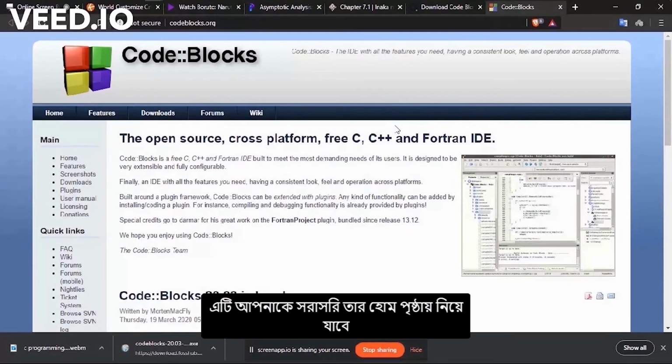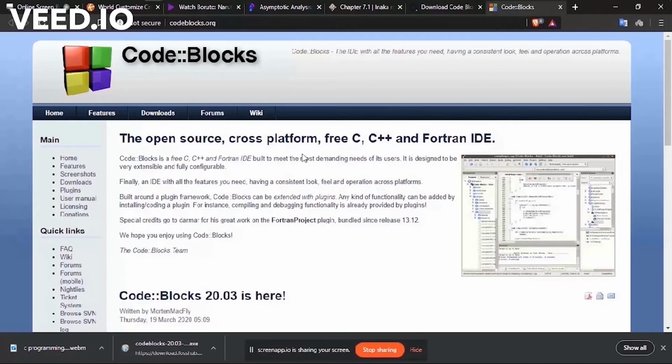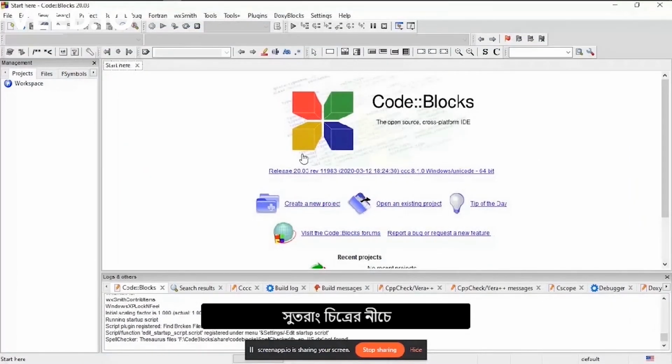When you click on it, it will directly take you to its home page for more options and more documentation,